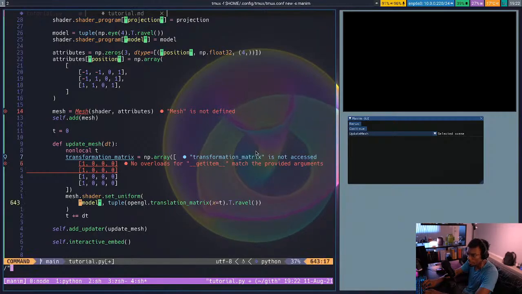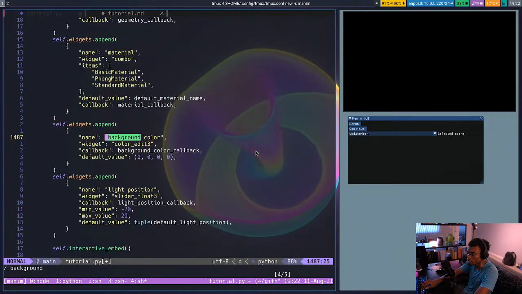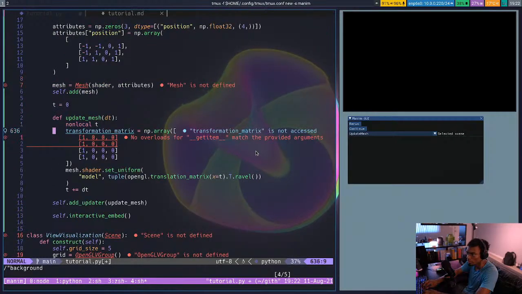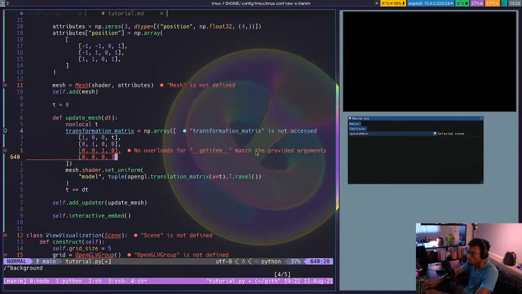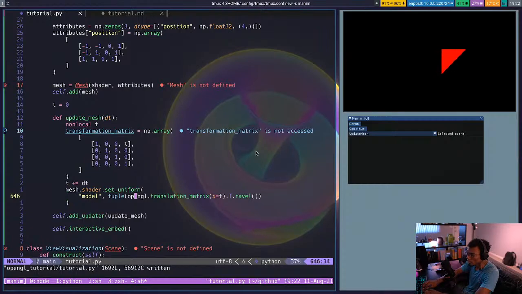I might have done it for background color or something. Yeah, so I did it for background color a few times. But yeah, I don't do it for any reason. Make that a one, this a one, and I'll just put T here. Okay, then